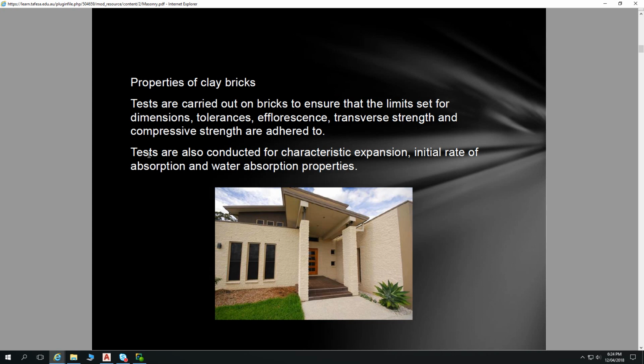Characteristic expansion. A clay brick works very nicely with a cement mortar, in that when cement mortar starts setting, it starts to shrink, but the clay brick takes moisture from that cement mortar and expands slightly. So you've got the shrinkage of the mortar and an expansion of the clay brick, only to very minor amounts, but the combination of the two is a relatively stable thing when they're put together. But the brick manufacturers also want to ensure that stays that way. So the bricks are not too thirsty,